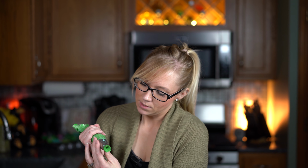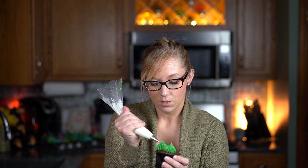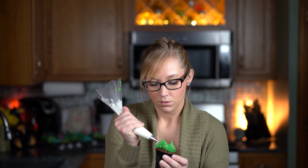I also have a white buttercream in a piping bag with a number 3 tip. These are more like a cactus, so if you're gonna put the white dots on the side of a cactus, make sure you do it before it's crusted. Once it's crusted, it's not gonna stick very well and you're gonna be frustrated. So now that these are still sticky,